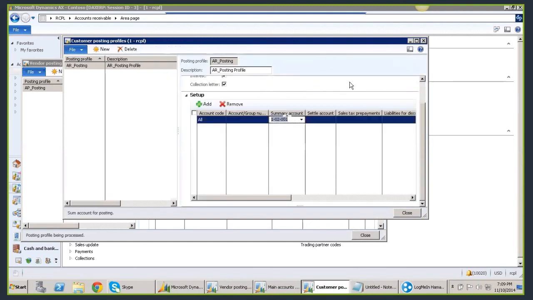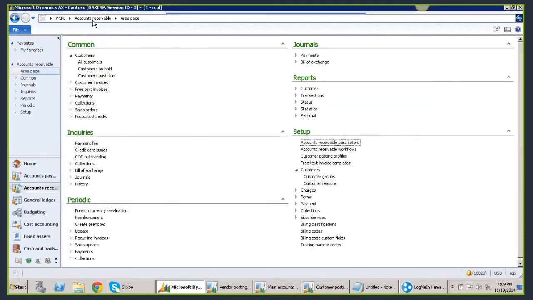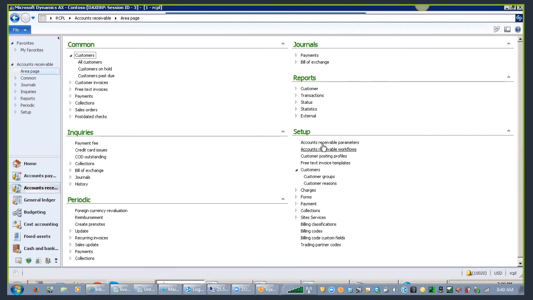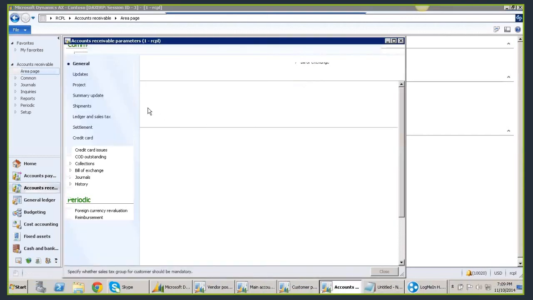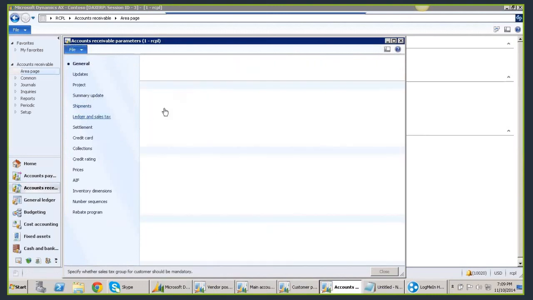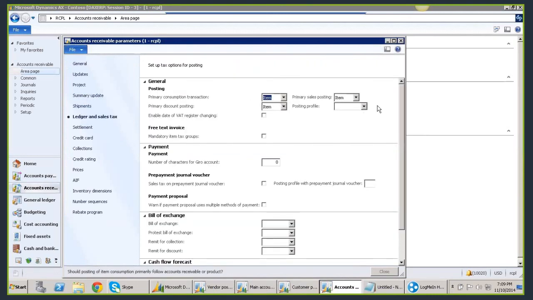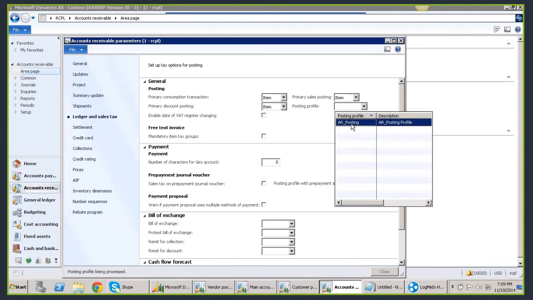And next, immediately we are going to activate the customer posting profiles. Go to account receivable, go to setup, account receivable parameters, ledger and sales tax tab. Just go here and select this posting profile, AR posting profile.